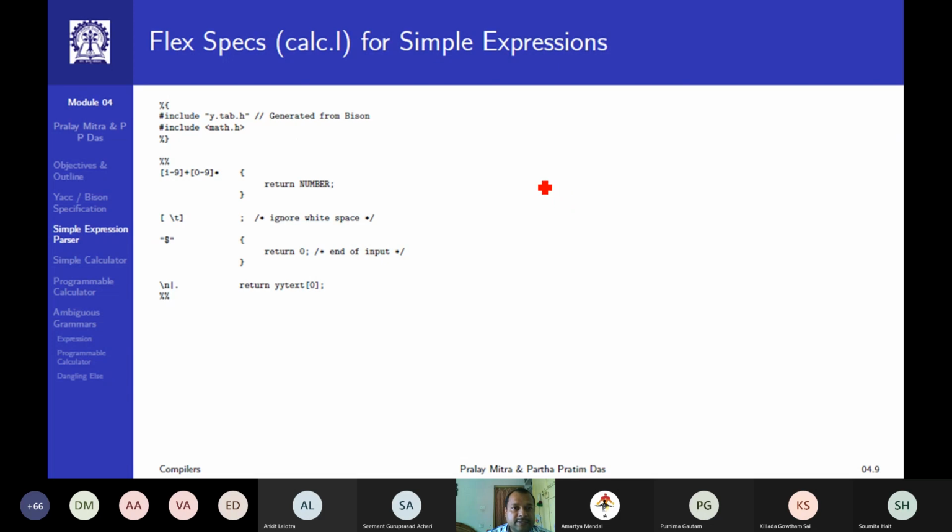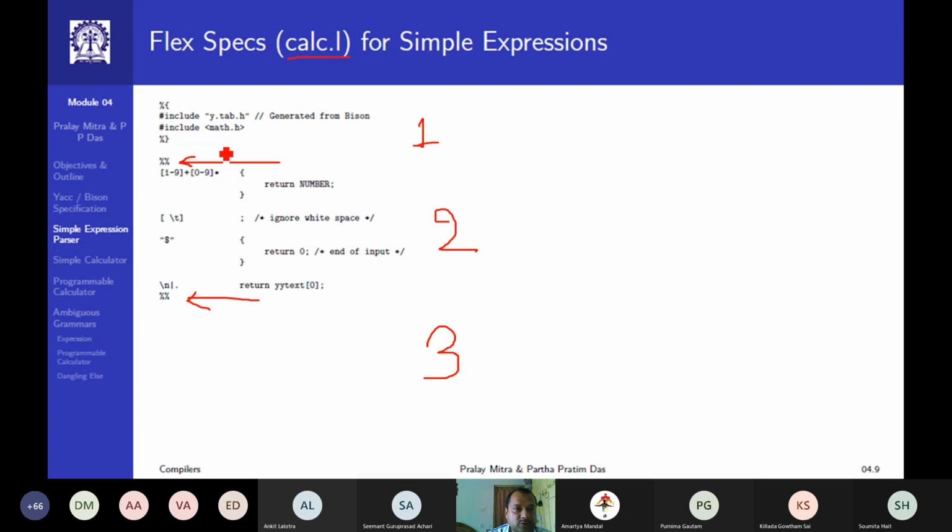This is the flex specification. As you remember from our previous lectures, usually the lex or flex files are saved as .l. So here you can write, say, calc.l, that is my lex file. If you remember, this is one marker or separator, and this is another separator. That way you have section 1, section 2 and auxiliary section 3.